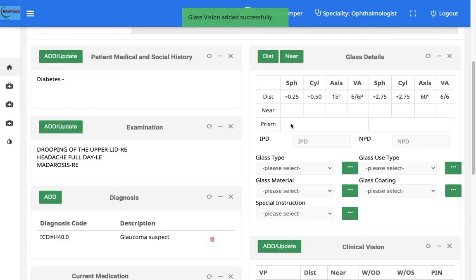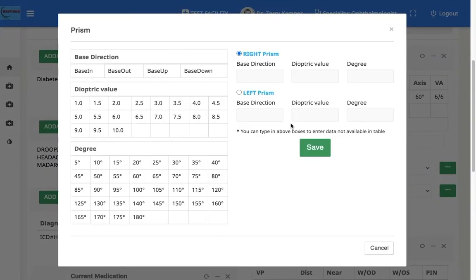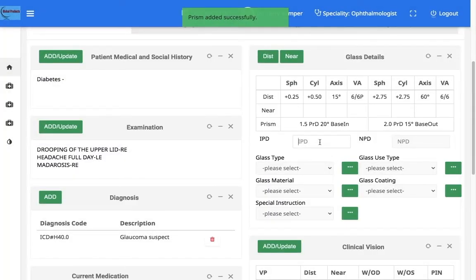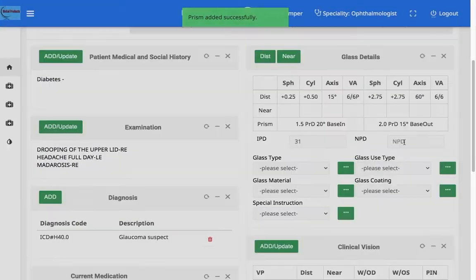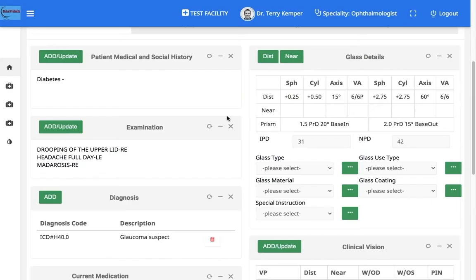For prism, click on this prism, select the values and save. Similarly for IPD and NPD.